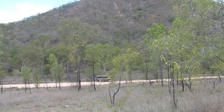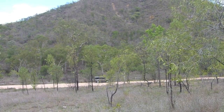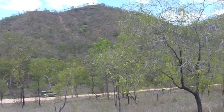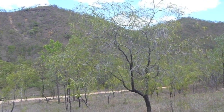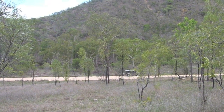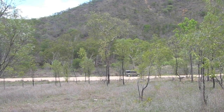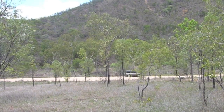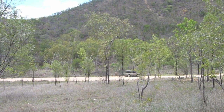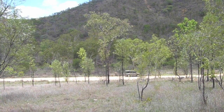The town really boomed during the First World War because the demand for tungsten, or wolfram, was enormous, and all of it got dug out of these hills you can see here and went to the Western Front in Europe, which is pretty amazing. But after the First World War, the prices of wolfram/tungsten plummeted, and the town sort of slowly died. It lingered onto the Second World War with sporadic mining, and actually with the current prices of